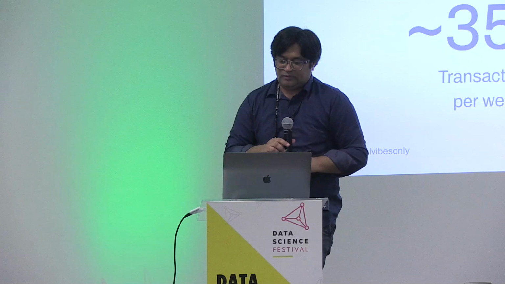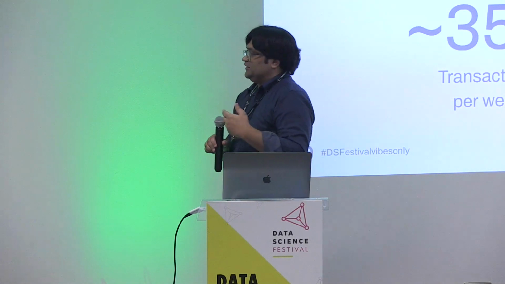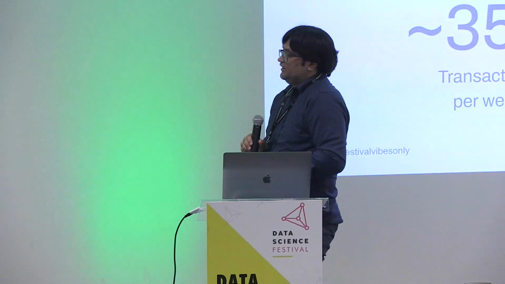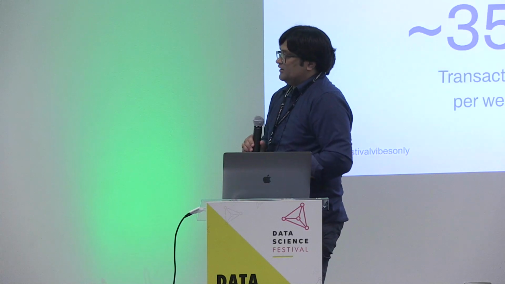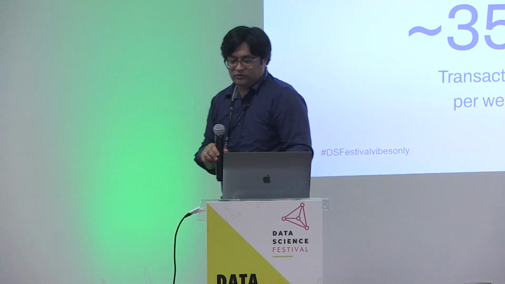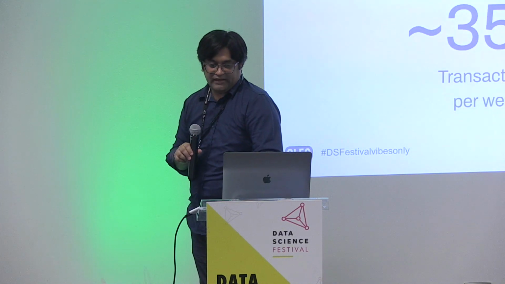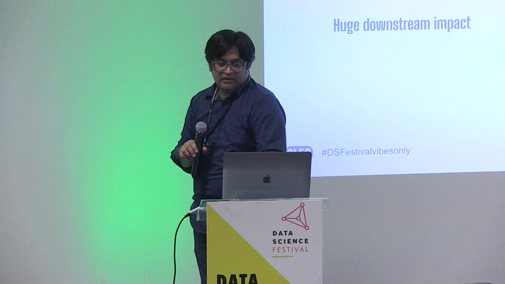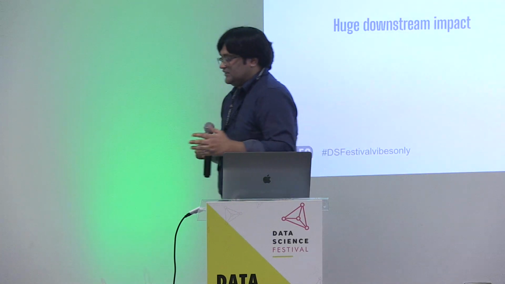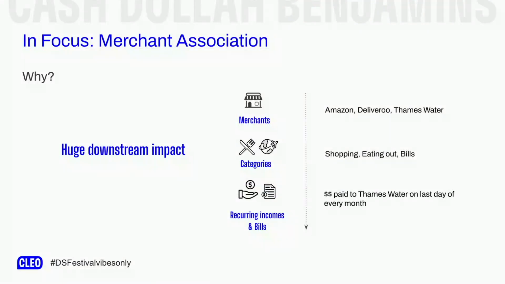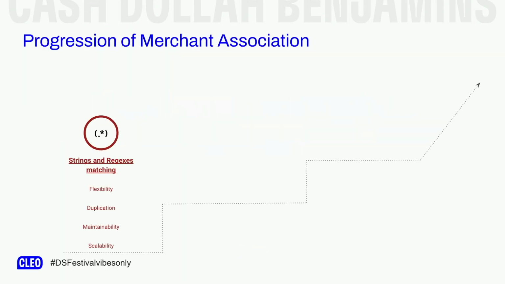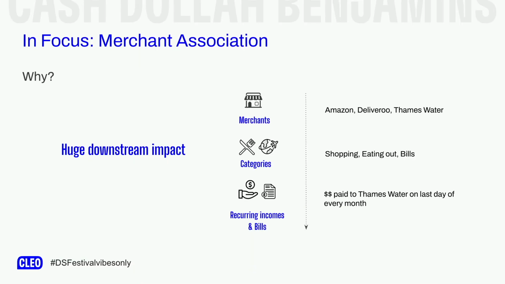We have a large amount of data, so we could build some interesting models based on the transaction data we have and can generalize things from different banks and situations. Around 35 million transactions per week is what we get in Cleo for the users. For this particular task, as transaction enrichment has different components as we have seen, in this talk we will be mostly focusing on merchant association, which is just one component of the whole transaction enrichment process.